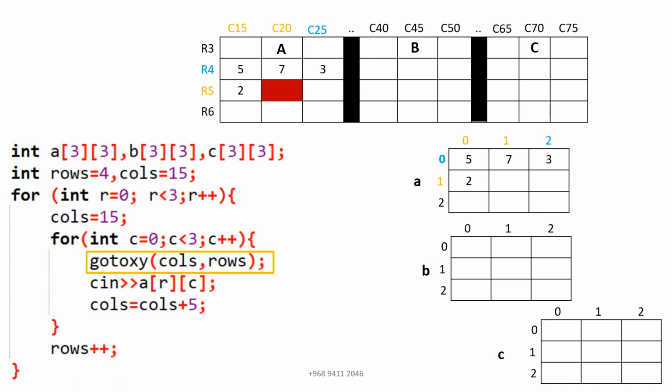Then it will take the next input into variable A, and the index number is 1,1. I have given 5, then it will increment the cursor position by 5. Then it will store the next element into position 1 of 2. Next, col = col + 5, it will increment the column position by 5, and then row plus plus. Now it will increment one more into the row, and this time I have highlighted the row and column with